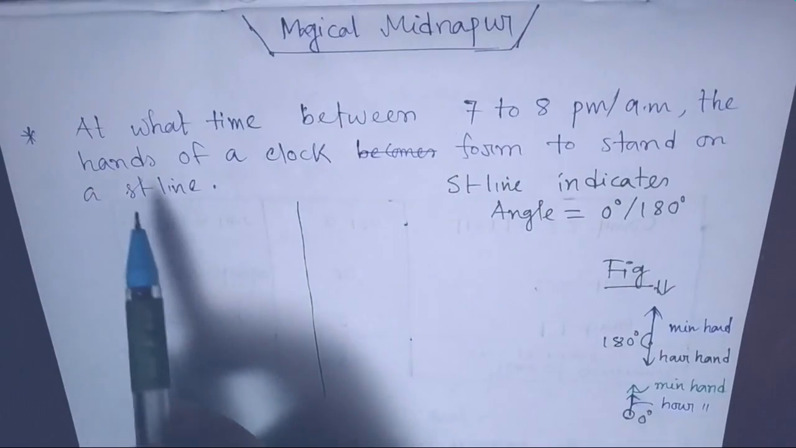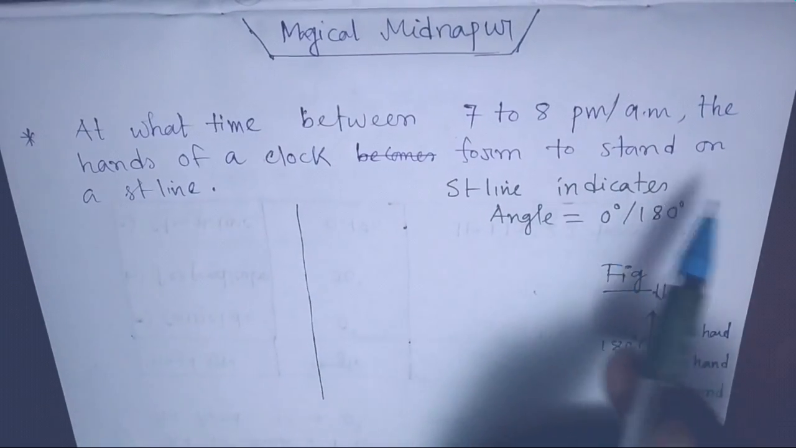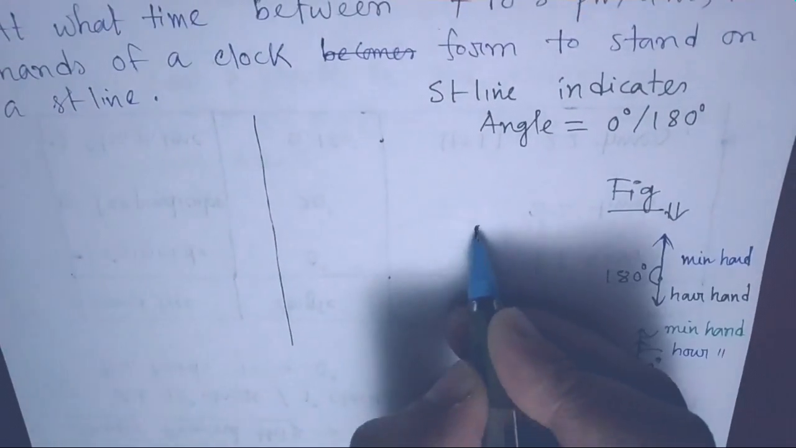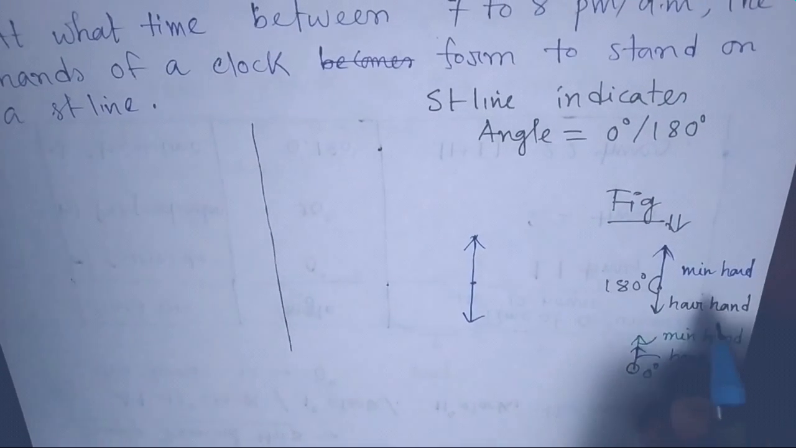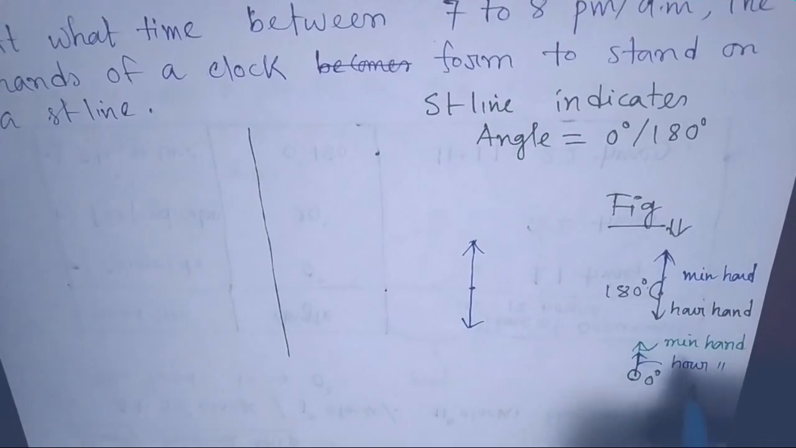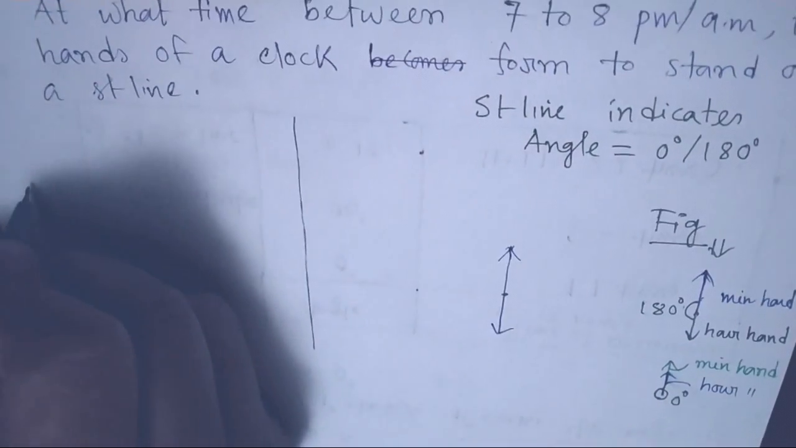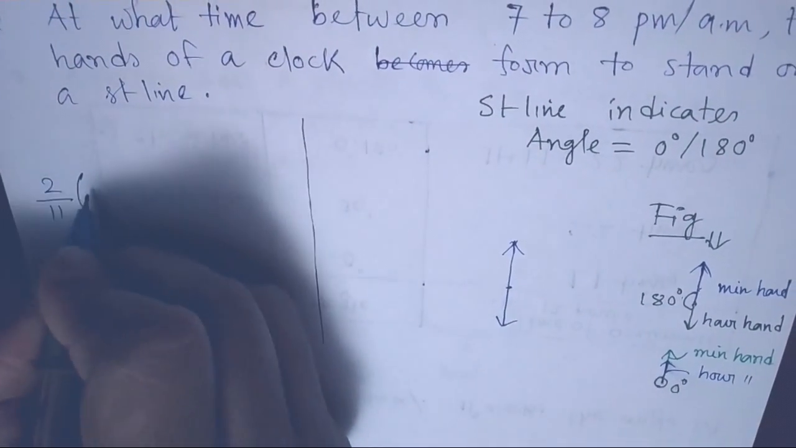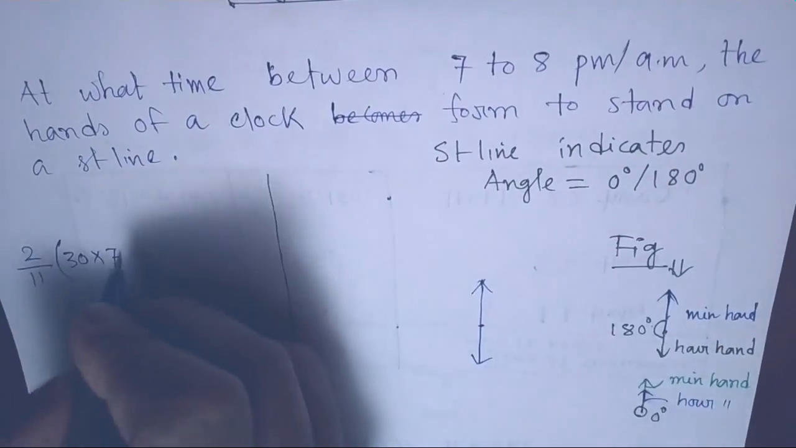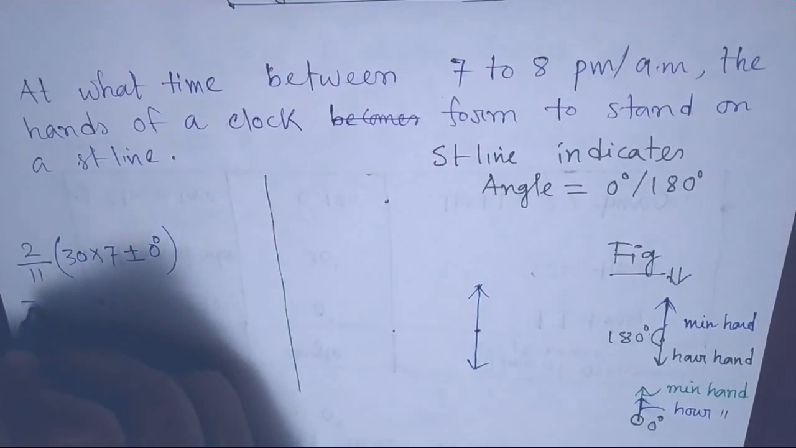Taking another problem: at what time between 7 to 8 p.m. or a.m. do the hands of a clock form a straight line? That means this position. See this figure. This is the minute hand, and this is the hour hand, and here the 180 degree angle and 0 degree angle is a straight line, and the formula is 2 by 11 into 30 into 7. If we take the angle first as 0 degree, then no problem, taking positive or negative sign,